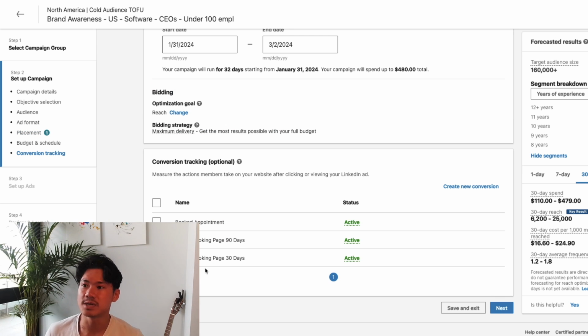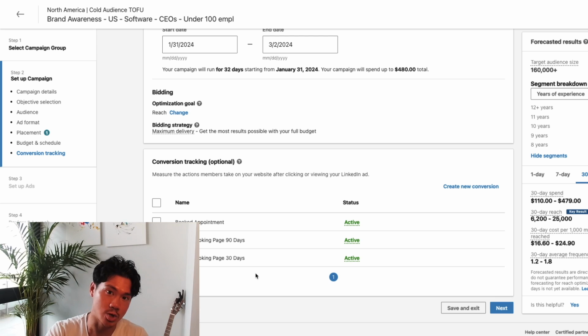Okay, so the final section here inside the campaign layer is the conversion tracking. What this essentially means is, if you are setting the goal of your ad to be someone clicks onto your website and hopefully books a call, that's something that LinkedIn will have a very difficult time tracking, because LinkedIn doesn't have visibility into what happens on your website. It only has visibility into what happens on LinkedIn, right? So things like, did they like your LinkedIn ad? That's something that LinkedIn can track no problem.